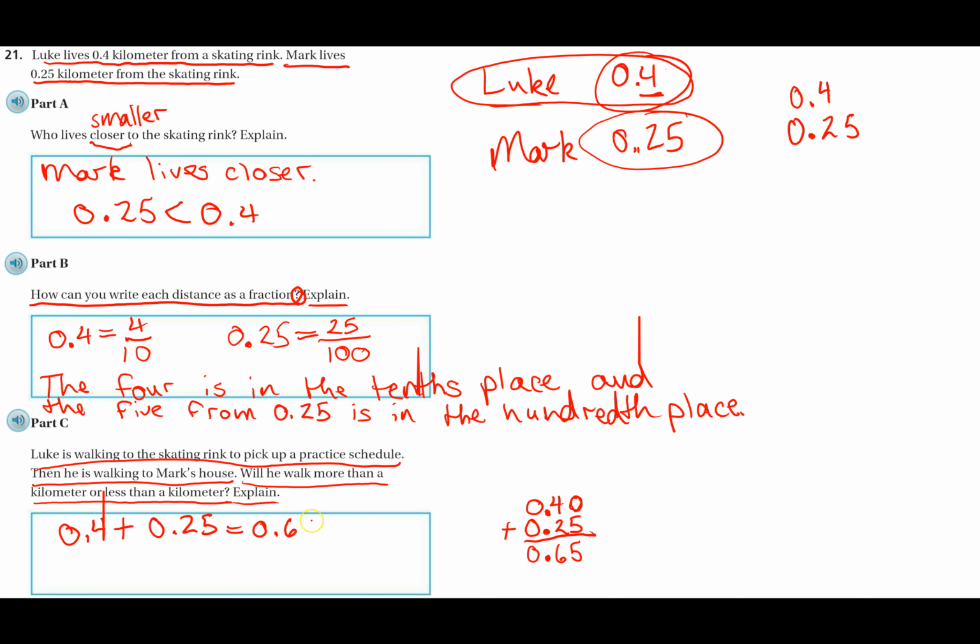We have to go back and look at what question we have. Will he walk more than a kilometer or less than a kilometer? Well, this is 4 tenths of a kilometer. Do we have any whole kilometers? No. We have 0 in the ones place, so we don't have 1 kilometer. We only have part of a kilometer, 65 hundredths of a kilometer. So, no, he will only